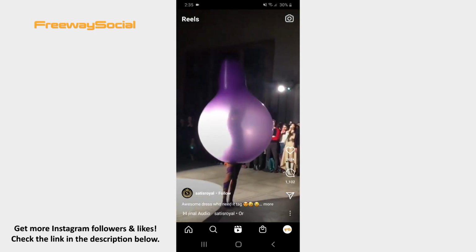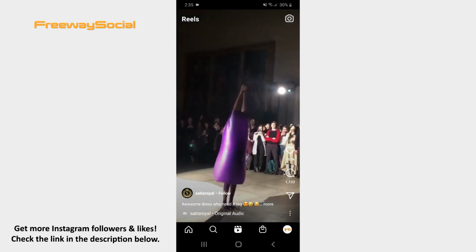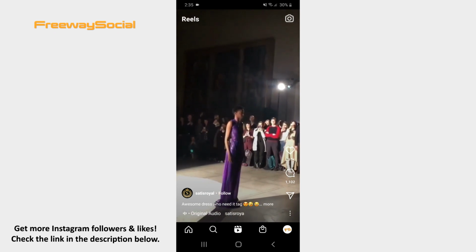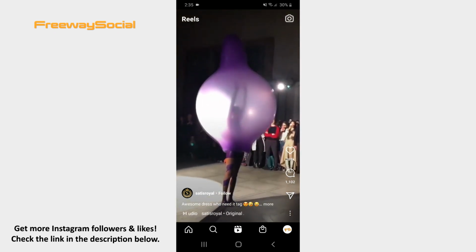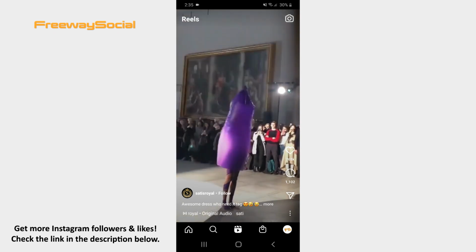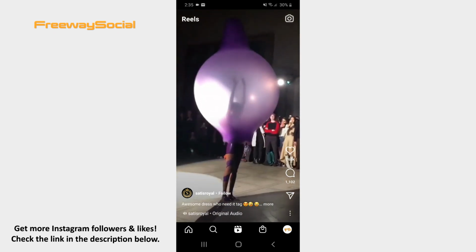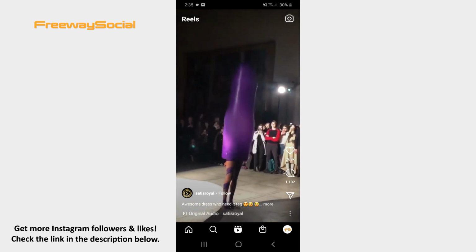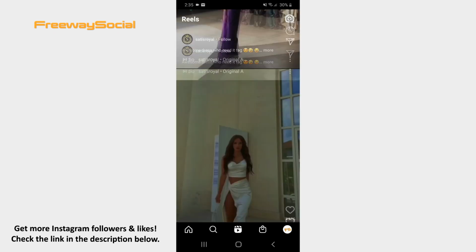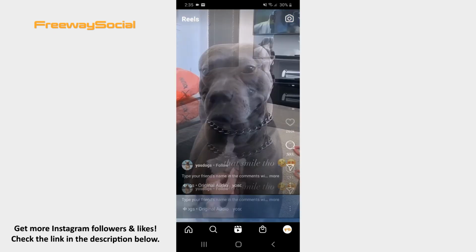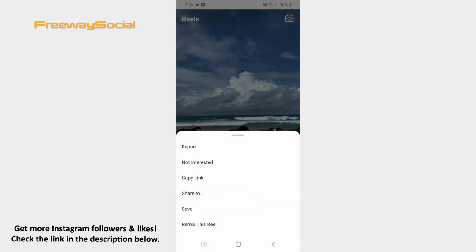Find a video that you want to remix and click on the three dots icon on the right-hand side of the video screen. Keep in mind that only if a user has turned on the remix feature, you will see the remix this reel option on his video. So click on it,